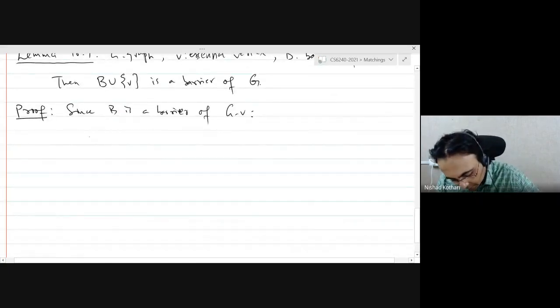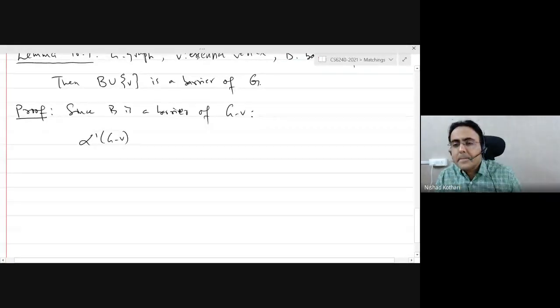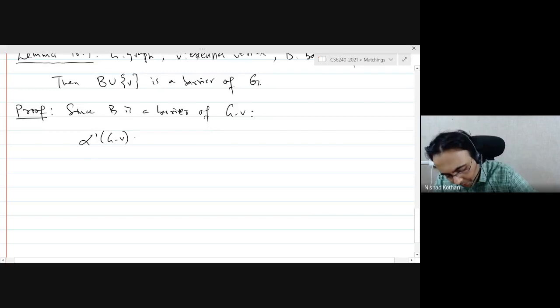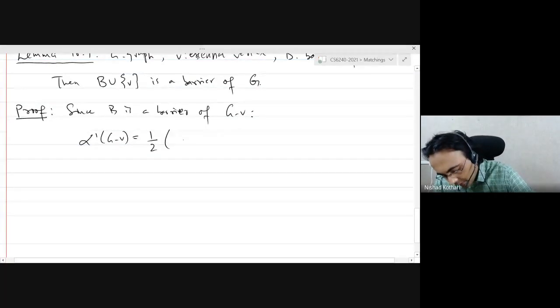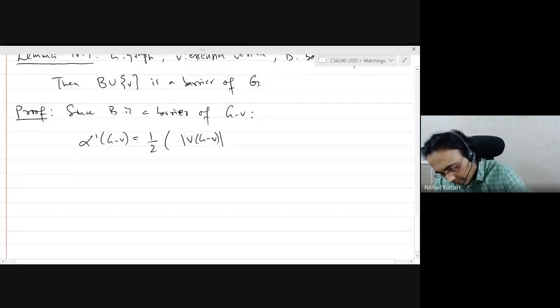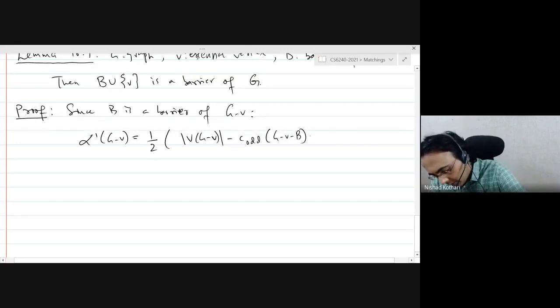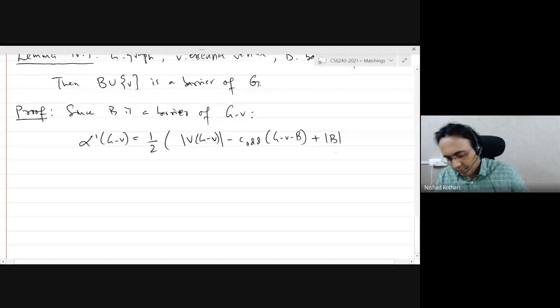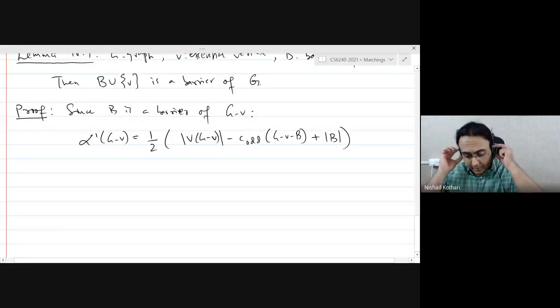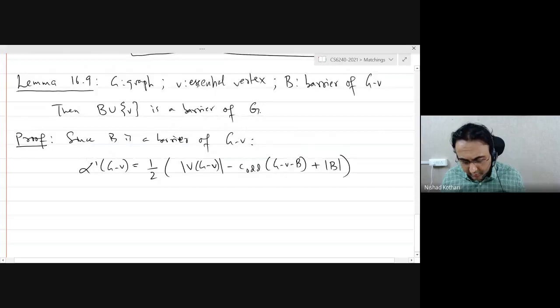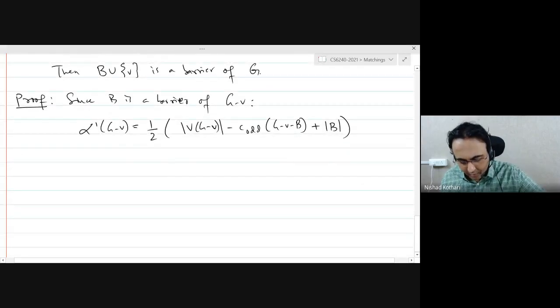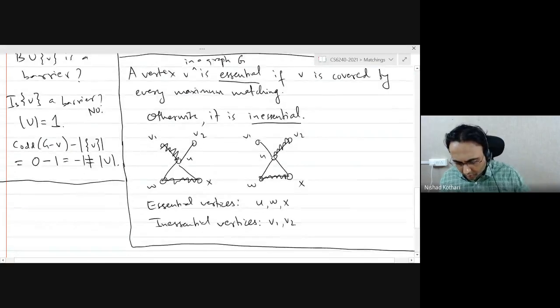That means that the size of a maximum matching in G minus V is exactly equal to the cardinality of the graph G minus V, minus the number of odd components in G minus V minus B, plus the cardinality of the set B. This is exactly what it means for the set to be a barrier in the graph G minus V. Okay. Now, quick observation.